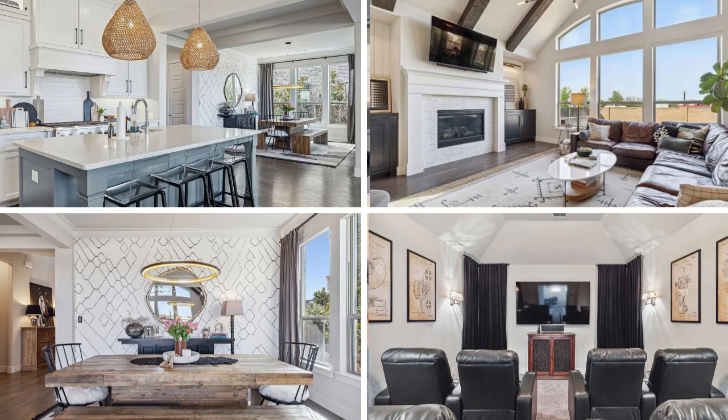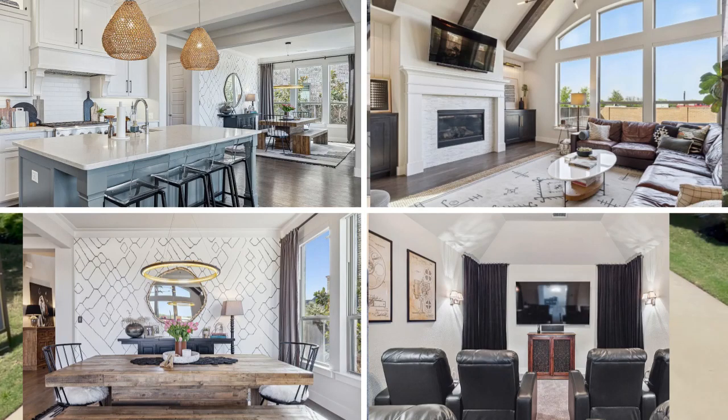It's got the game room, it's got the media room, it's got plantation shutters all throughout, which I don't know if you guys know, but plantation shutters are pretty expensive. So that's one of the perks of buying an existing inventory home, meaning a home that's already built as opposed to a new construction, is you get all the stuff that people upgraded. So if they put in a pool, plantation shutters, if they've done any upgrades to the media room or any of that stuff, this is all stuff that you get to enjoy the perks of, and you didn't have to pay for it. So really, really nice house, really quiet,